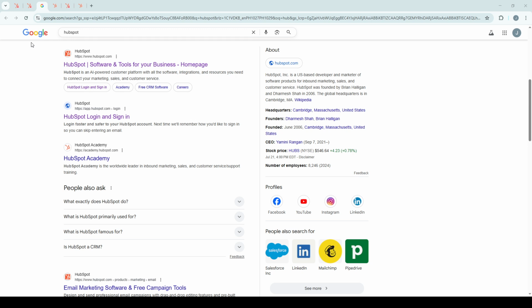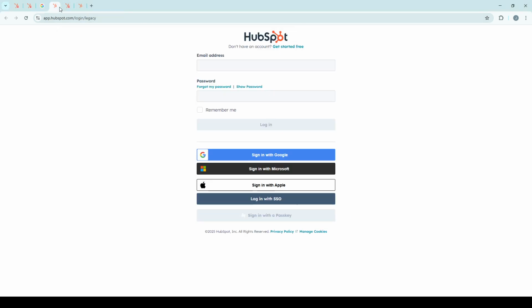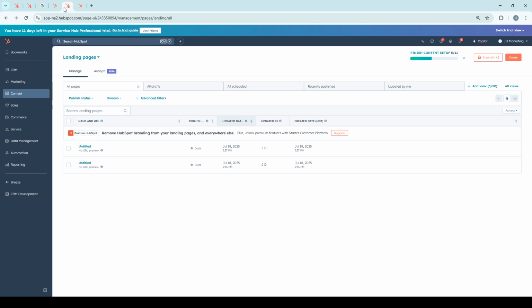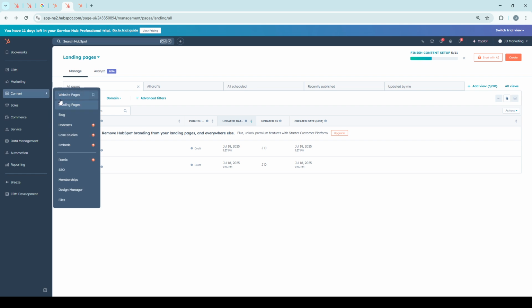To get started, you'll need to log into your HubSpot account. If you don't have one, you'll need to create an account first. Assuming you're already signed up, simply enter your login credentials and access your HubSpot dashboard. The dashboard is your command center where you can manage all your marketing activities, so it's important to familiarize yourself